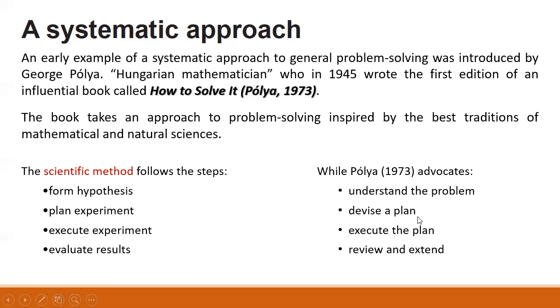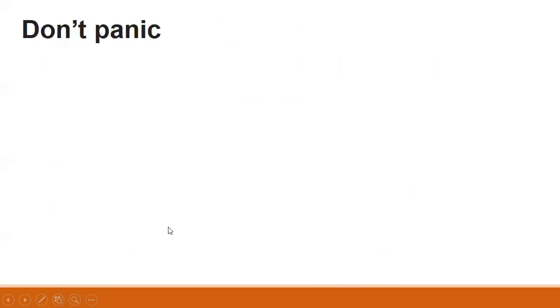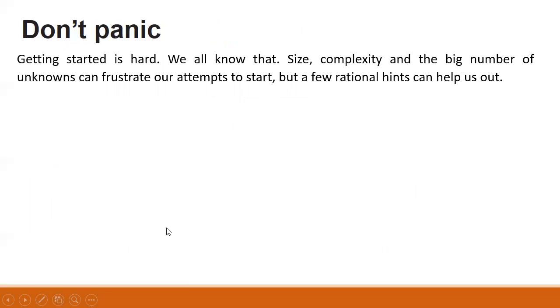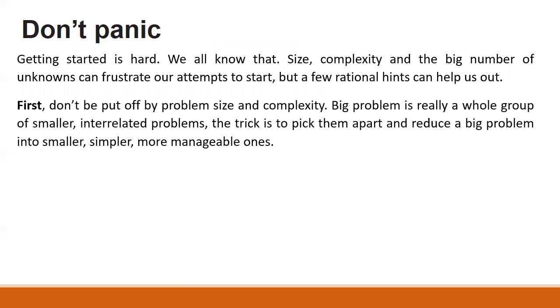Executing the plan. Those things are the same, right? And then review and extend. I guess you could say that creating computer systems is kind of like the scientific method. You're testing a hypothesis: will this computer system do what I think it will? My hypothesis is, I think this computer system will do this. Now my experiment is, I'm going to build this computer system. And then I test it, and it did or it didn't. And if it didn't, well, we update it or we get a new one. All right.